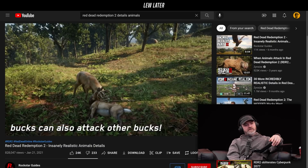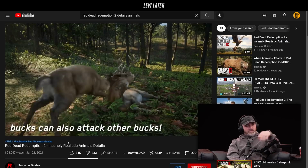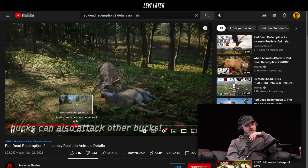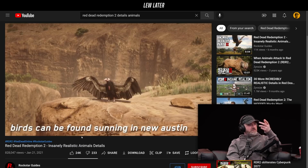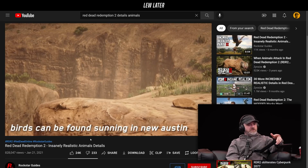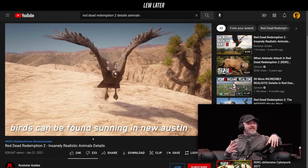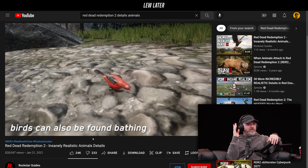Yeah, this type of thing might go overlooked by certain players. But to those that are paying attention, it can add a lot of realism. It can add a lot of texture, at which point the immersion goes way up because there's these seemingly random things happening on the side. And you happen to catch it. Yeah, they're not the focal point. It's kind of in the peripheral, but yet...